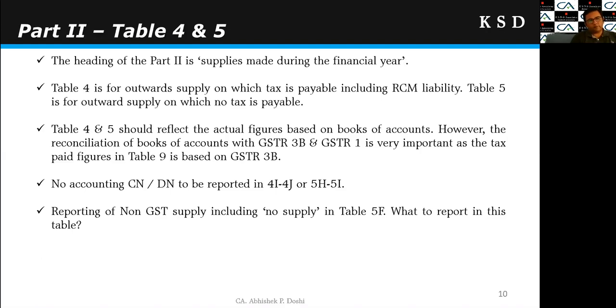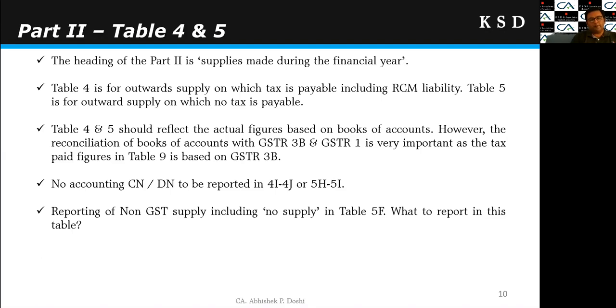Then another important point for table 4 and 5 is that there are various reportings of credit and debit notes at 4I to 4J and 5H to 5I, right? In this credit debit note reporting, only credit debit notes with GST impact should be reported and no accounting credit debit notes. Say, for example, I have simply given a credit note for some discount later on, in which I have not given any GST impact. So it will be called an accounting credit or debit note,